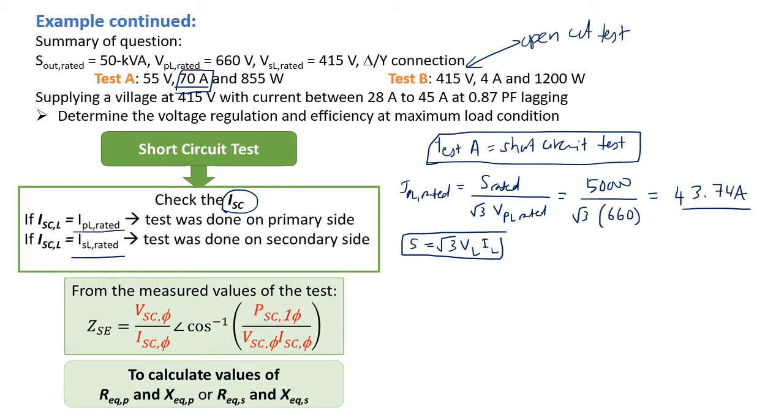43.74 amperes. And for the secondary side rated line current, we'll use S rated divided by square root of 3, but now VS line rated. And substituting the values, we get 50,000 divided by square root of 3, VS line rated of 415. That gives us a rated line current on the secondary side, IS line rated of